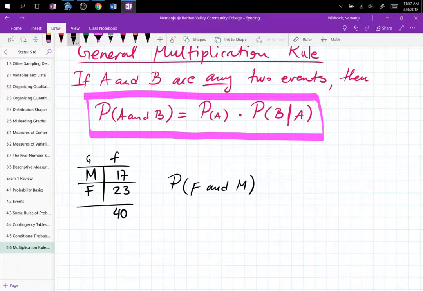All right. Now what do we have here? You want the probability of a female student. Well, we have 40 students, 23 are female, so 23 out of 40. Well, actually, let me first write the formula. That's going to be P of F times the probability of B given A. So B given A, that's the probability of